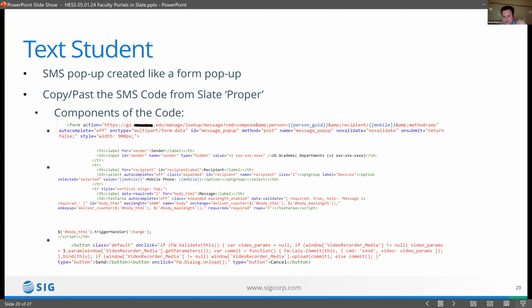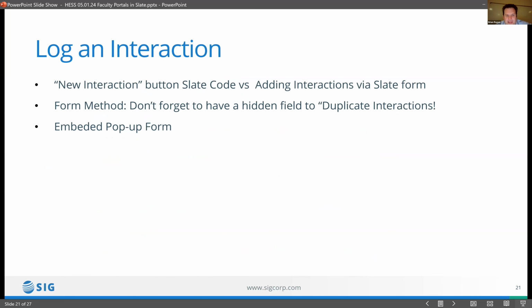When they come back into the inbox, we look at the originator who sent the number and we route the text back to that faculty member as a way to send the code out. And likewise, the new interaction button,